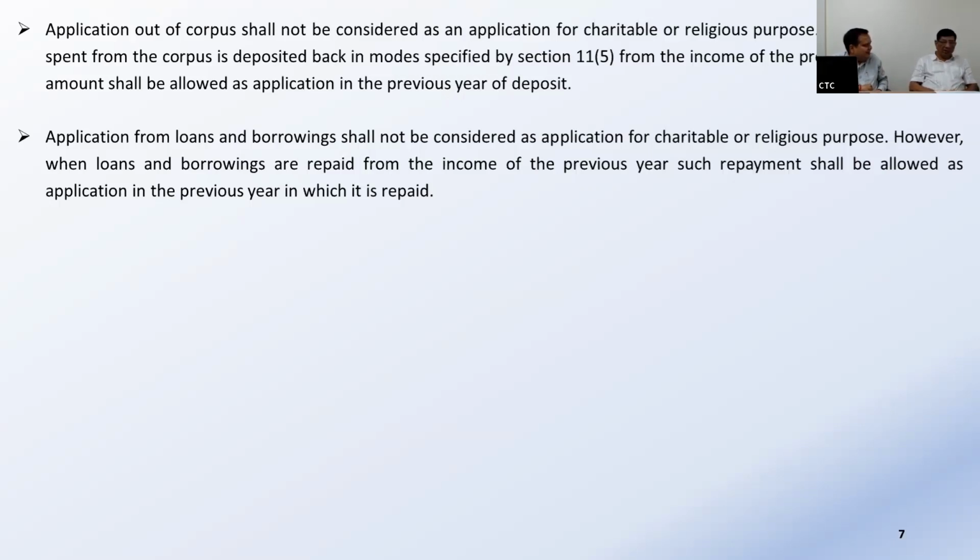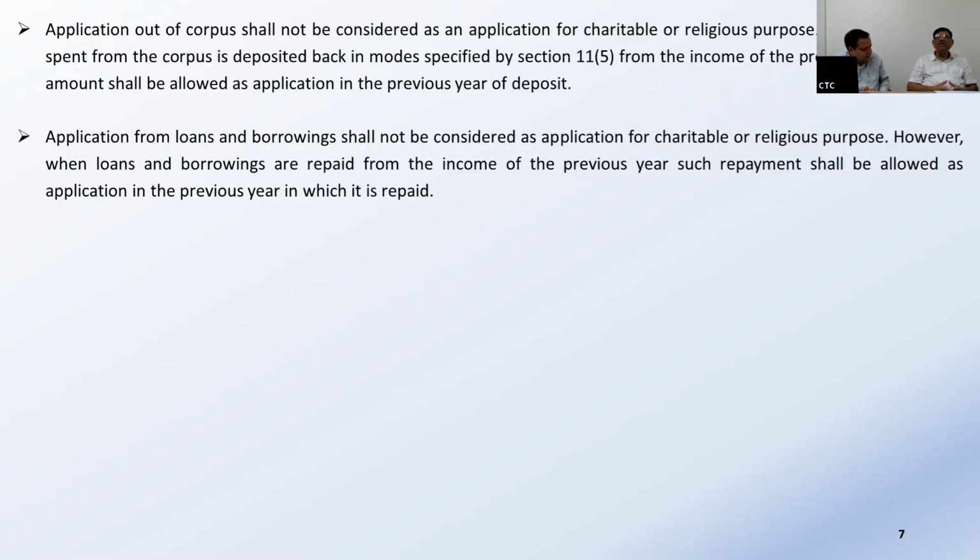Corpus, so you said corpus is to be represented by... they have said you have to earmark. Yes. My question, which I asked in the beginning also, was whether it has to be in a specific bank account or in the existing bank account. It can be in the existing bank account, you have to earmark. Yes. No, the other day, of course, that was pointed out to the joint secretary and the secretary. They were thinking that you can have a separate bank account. You can have one, but it's not necessary.